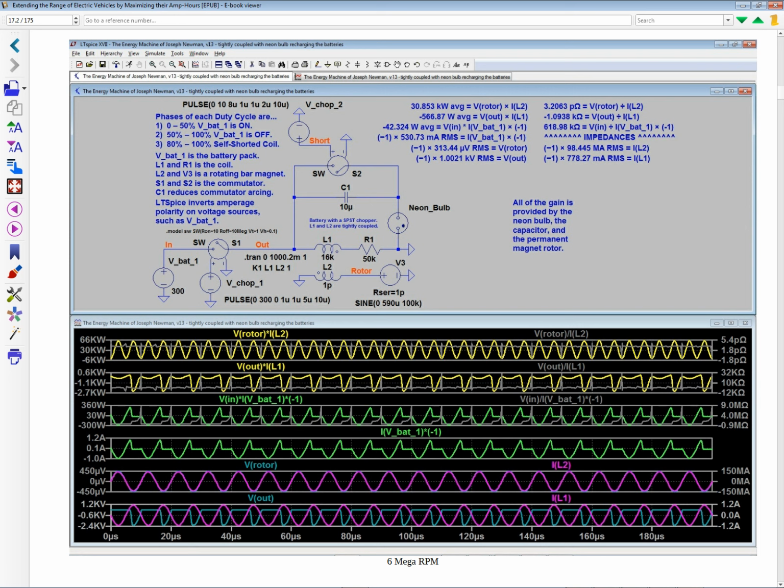So this is the over unity version, and of course you can't get a rotor to spin 6 million times per minute, but you can get helium to become excited in the high frequency range and put out an electromagnetic frequency that's probably comparable to this, and then that sine wave, or whatever wave shape it is, will blend with the square waves, the slower square waves coming from the commutator of Newman's device, and create a complex waveform. But, excuse me, the power, there'll be just enough negative current to recharge the battery pack.